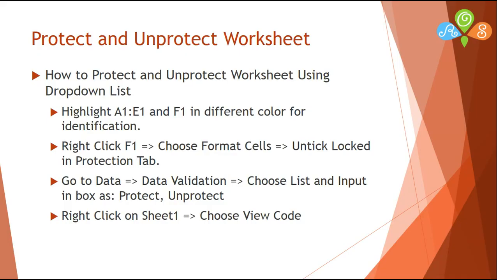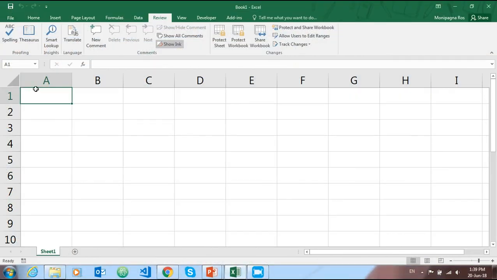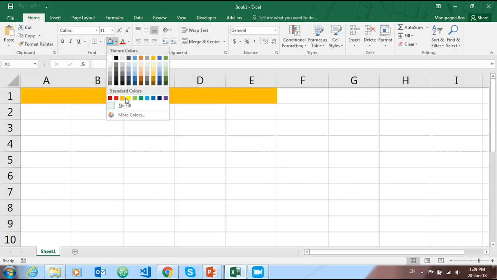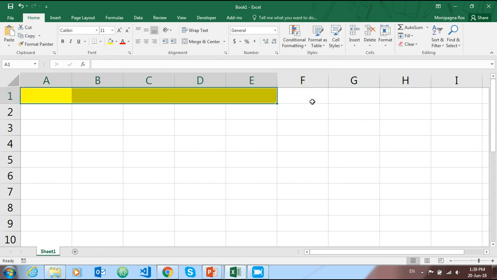First, how to protect and unprotect the sheet using a drop-down list. Highlight A1 to E1 and F1 with different colors for identification. So I highlighted A1 to E1 with this color, and F1